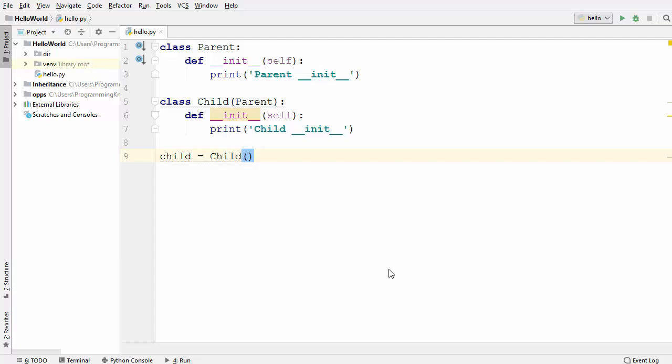In this video, I'm going to show you how you can use a built-in function called super in your Python classes. So let's get started. To start with, I have two classes here. One is the parent class and the other is the child class. Here, the parent class acts like a superclass and the child class acts like a subclass which is inheriting from